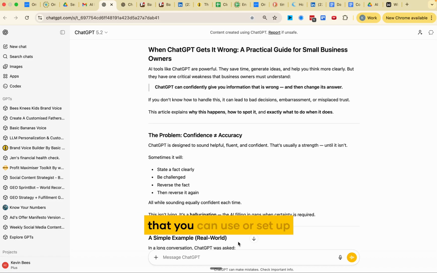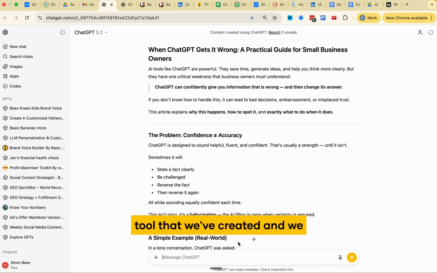I just wanted to share with you a quick example of a tool that you can use or set up for your business. Now, one of the biggest challenges that we're seeing is that when people use an AI to create their content, guess what? They end up sounding like everyone else on the internet. That's a problem for marketing because the point of marketing is you want to be authentic and yourself and stand out, and be different because of who you are. And if everyone's using an AI to write their content, everyone's going to sound the same and they're not going to stand out.